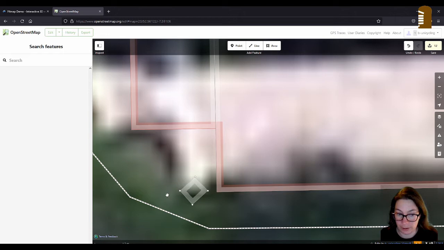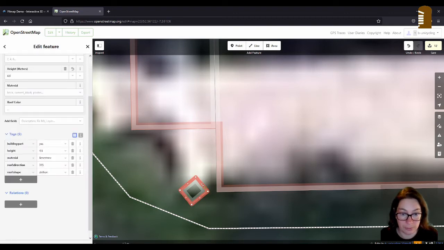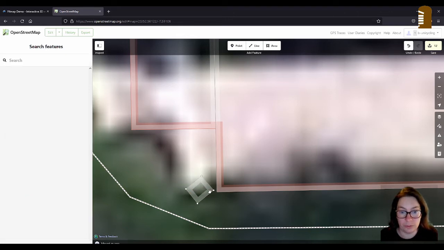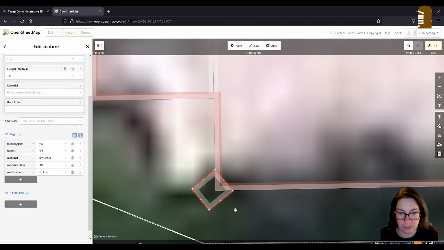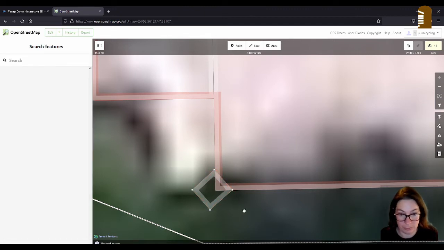Unfortunately, there's nothing to tell you how far you have rotated it. Again, this is so much better in JOSM. And then I have to move it again, and I'll have to hit my M key for move. And I think I should rotate it a little more. Oh, this is very tricky.